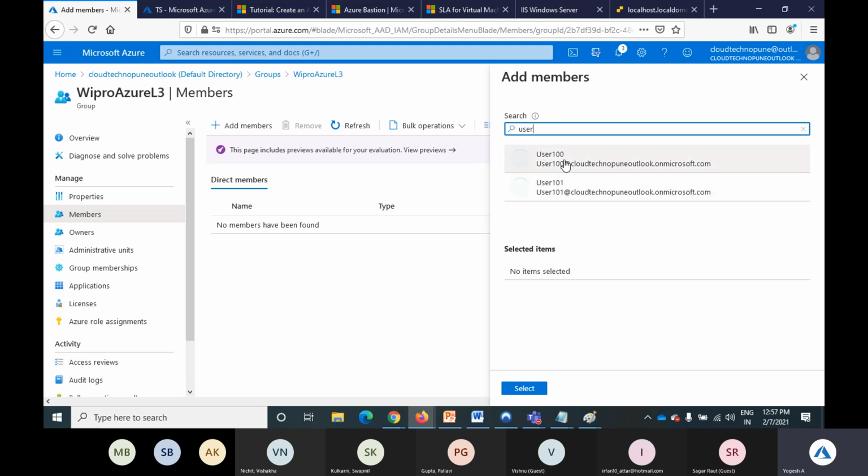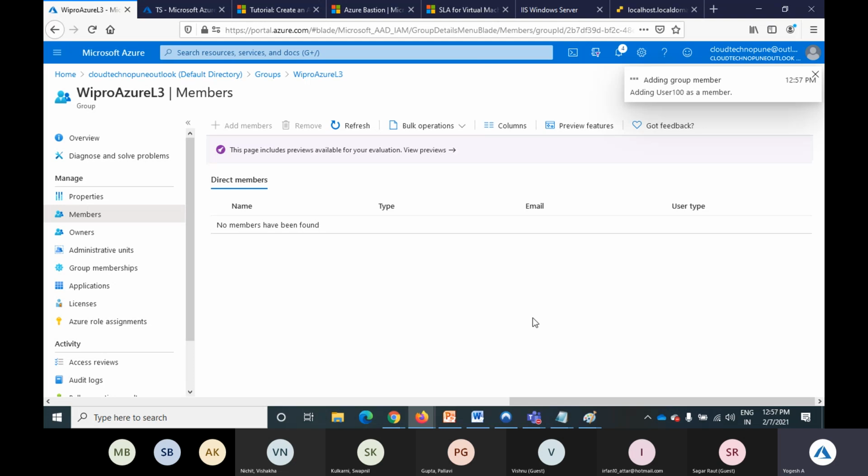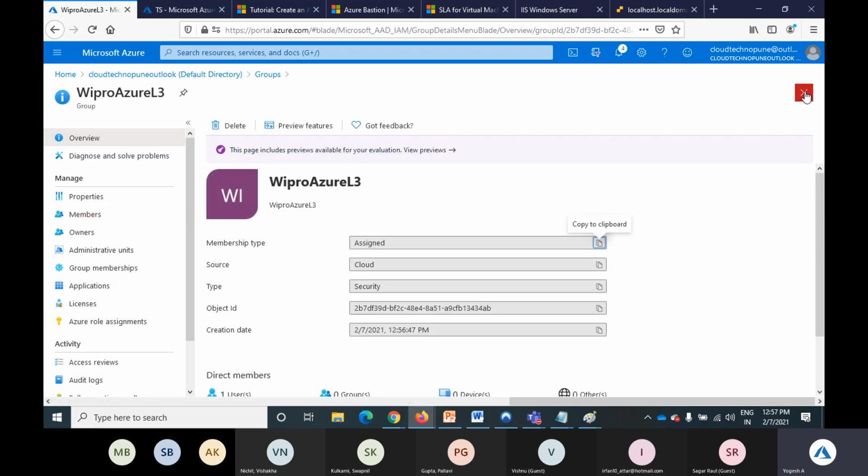Okay. So one more point I wanted to highlight, which is very important. By default, you are going to deal with the free Azure Active Directory. But in my scenario, I am using Premium, which is the paid version of Azure Active Directory. If you go into the Azure Active Directory option,